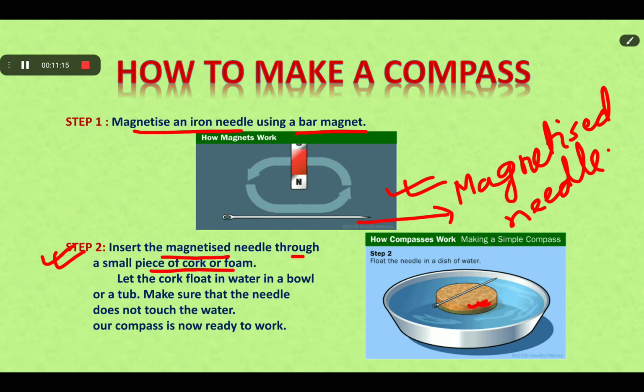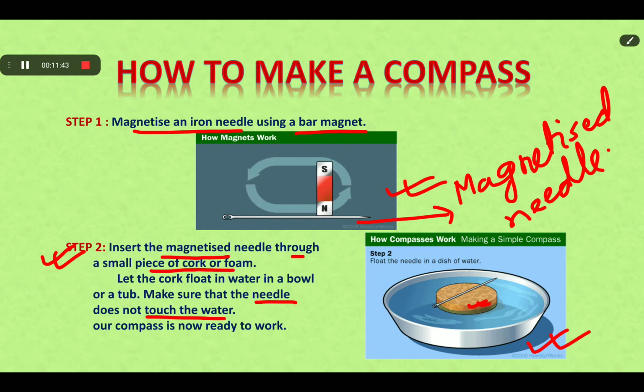We have to pay attention that the needle does not touch the water. When that magnetized needle is placed on the cork and that cork is placed in water in a bowl or a tub, this acts like a compass and our own compass is ready to work.